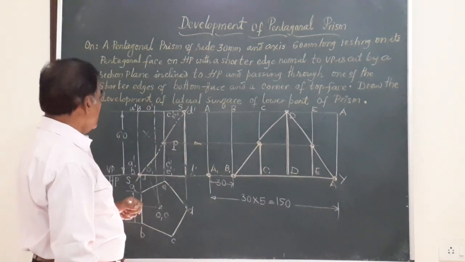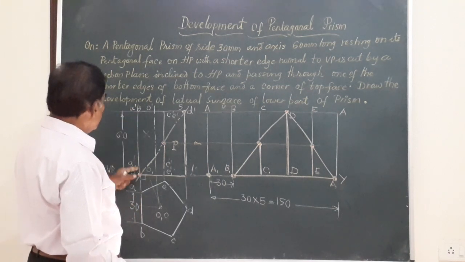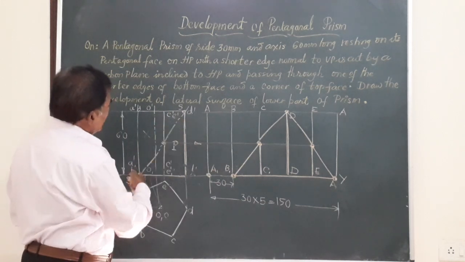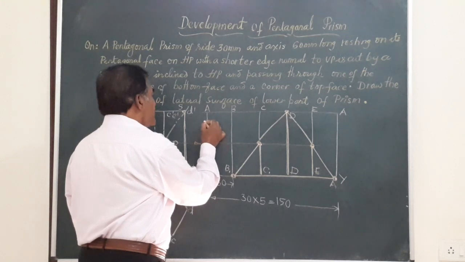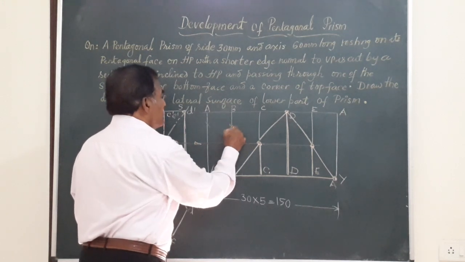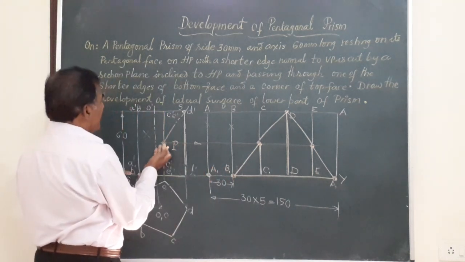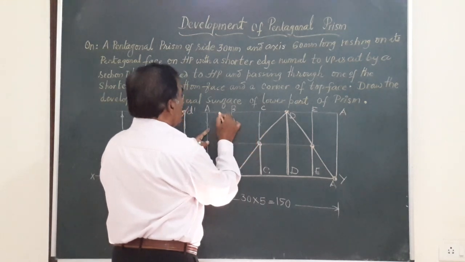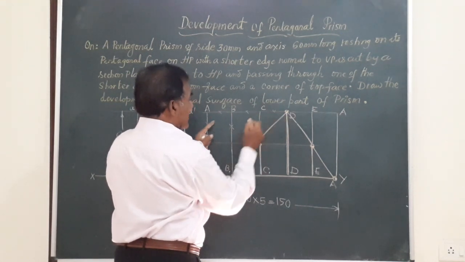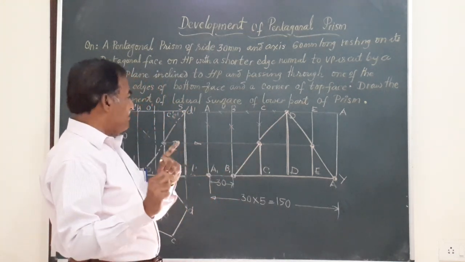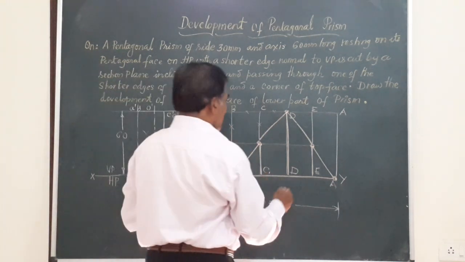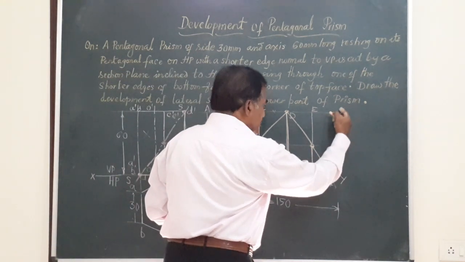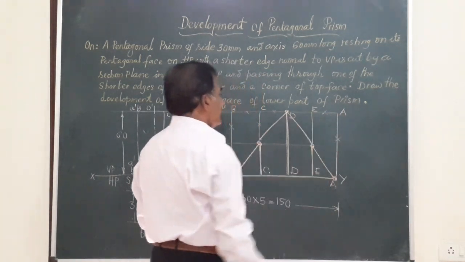If you observe now, friends, the vertical edges A dash A1 dash, B dash B1 dash are removed after the solid is cut. So I am going to show this AA1, BB1 by a very thin line. The portion above this is also removed. When these 3 are removed, this line doesn't exist, but you have to retain it by showing it by a very thin line. Finally, here also you can see the line AA is removed completely. So we are not going to have this. When you don't have this line, there won't be any connection between A and E.